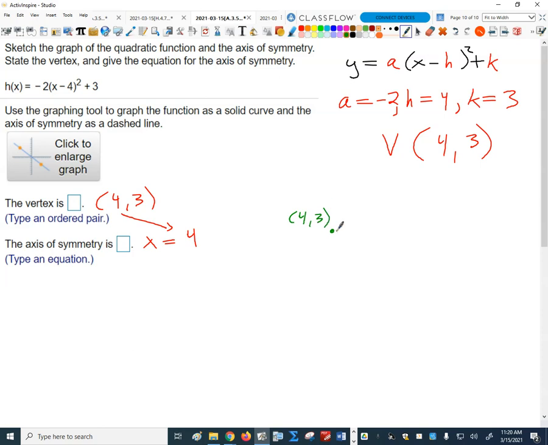Here's my question. If I go over 1, what do I do vertically? So in other words, I want you to fill in, here's my question for you. I'll type it in chat. Over 1, what? To get to the next point from the vertex. If A is -2,